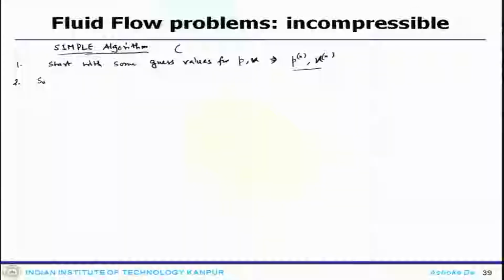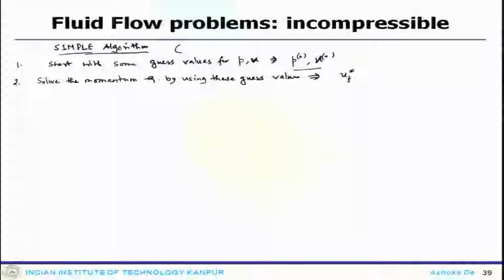Now, one can solve the momentum equation by using these guess values, which will get you the new velocity field, which is u f star.